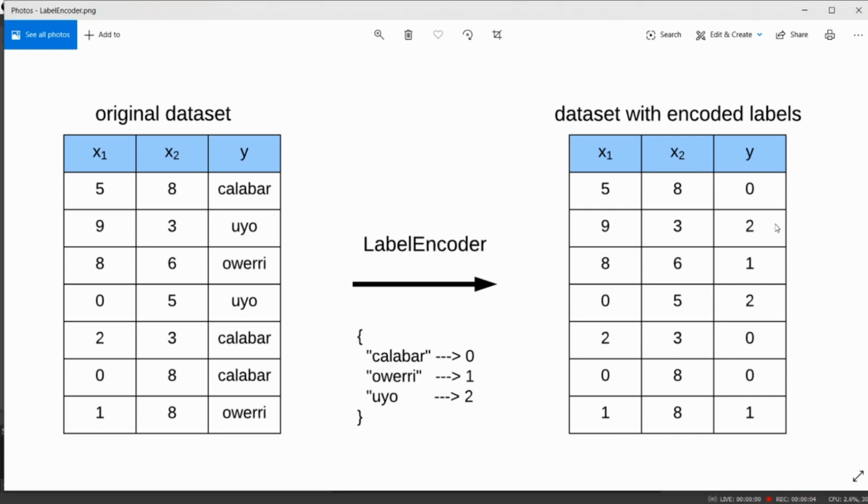Now we still can't use these values to fit into our model. Why is that? Because our model works entirely on numeric values and on the basis of numeric relation. So our model can possibly think that the value 0 is comparatively lower than the value 2, which is comparatively higher than the value 1. We don't want such a comparison between these values because they are not related to each other. So that's why we are going to apply one hot encoding on it.